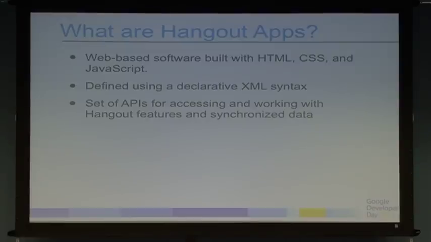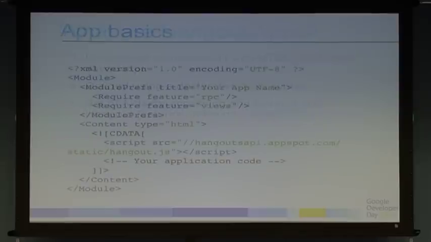And lastly, we include a set of APIs that allow you to access pieces of the Hangout, such as the microphone or the chat, and something that's pretty unique to Hangouts, and that's a real-time API backend called shared state. And that way you can build real-time applications or collaborative applications without having to set up your own infrastructure. And it's super simple to use, and we're going to go through that.